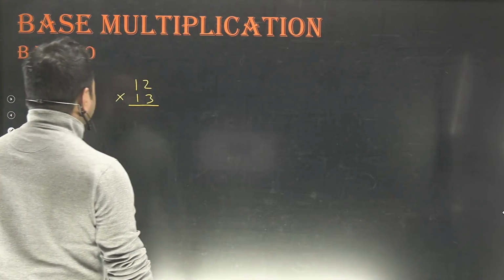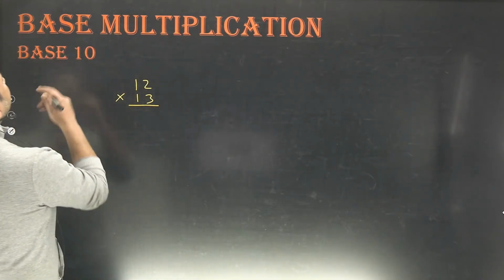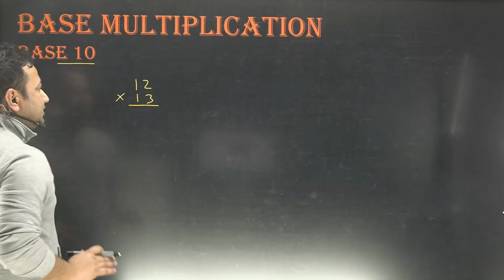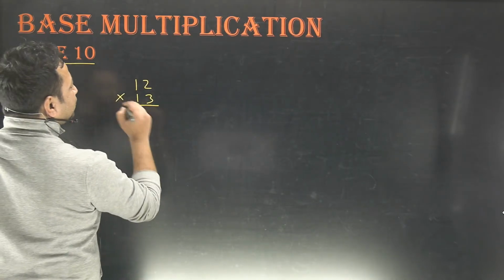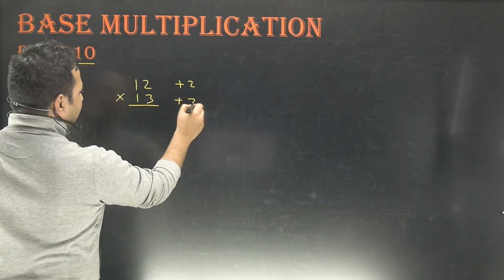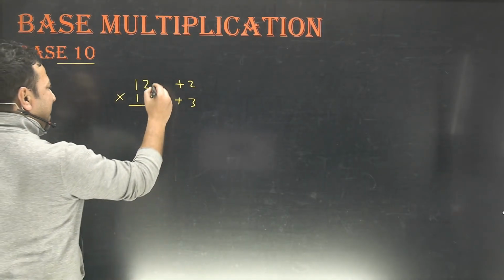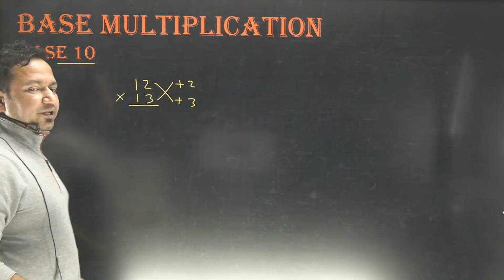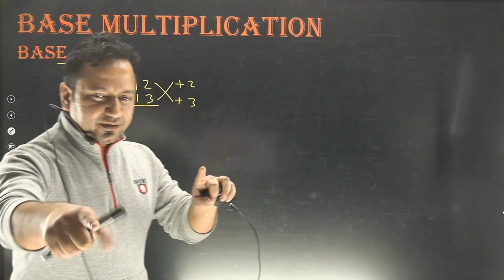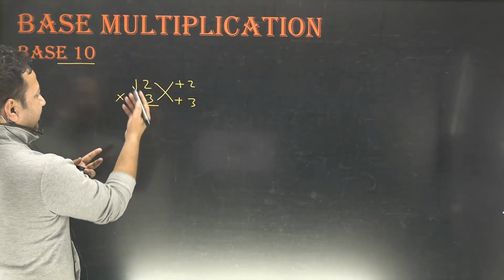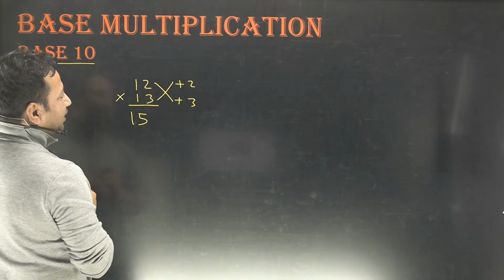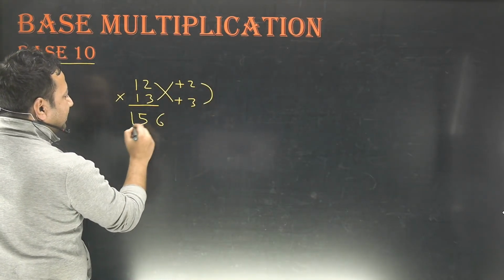Okay. So, look at this. Base is 10. So when we have numbers which are close to 10, what we have to do? 12 is how much more than 10? It's 2 more than 10, I'll just write 2 over here. And 13 is 3 more than 10, I'll write 3 over here. Once I have done this, I will either add 12 to 3 or 13 to 2. You know, in a crisscross fashion. Right, Jayant? Well done. 12 plus 3 is 15, 13 plus 2 is also 15. It will always be the same sum. Once we have written 15, after that, we'll multiply 2 and 3 and we get 6, and this is our answer.